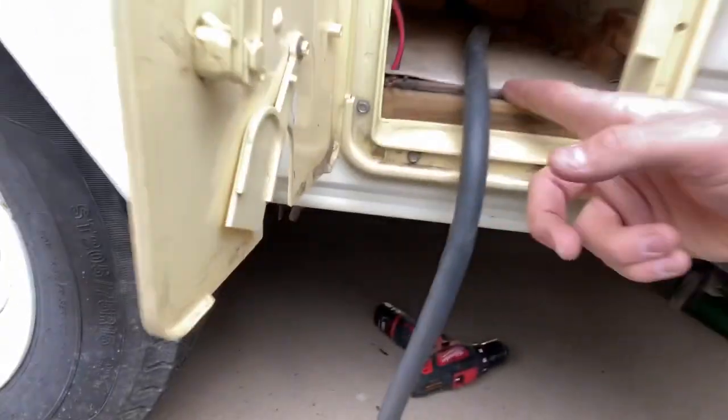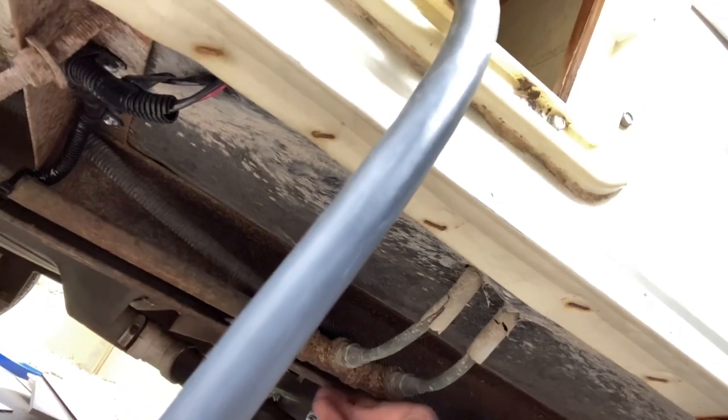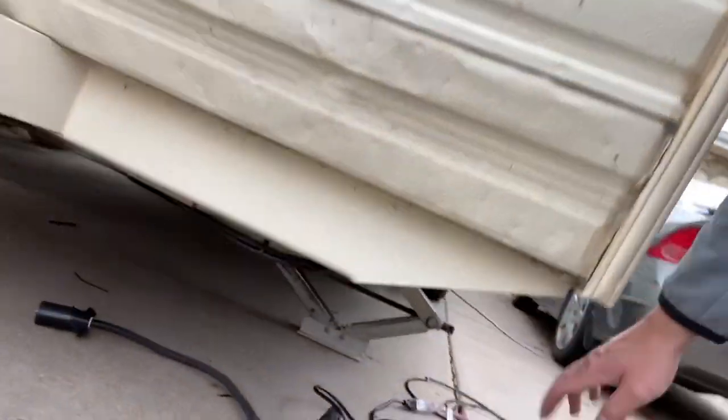So the floor right here isn't in the greatest shape. If you can see this wood, it's a little rotted. So I needed to go ahead and repair that anyways eventually, but I can't really do that with the way it is. So I'm just going to silicone around on the inside and the outside and call it. But then the cable runs underneath, which I will fix appropriately, and it runs along the gas line, which runs all the way to the front, comes all the way up here to the front underneath where the water tank sits, and it mends